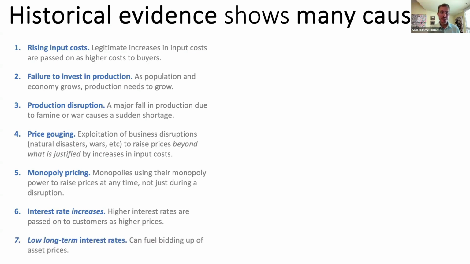Another one is that low long-term interest rates can fuel the bidding up of asset prices, because capitalists can borrow a lot of money at low cost and go to town buying up assets and driving up the prices